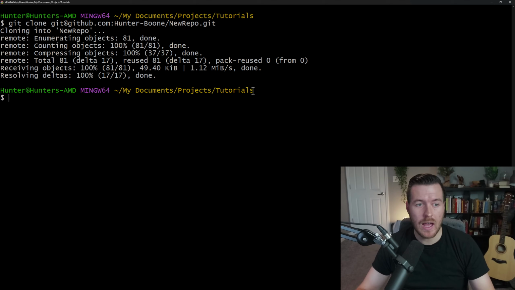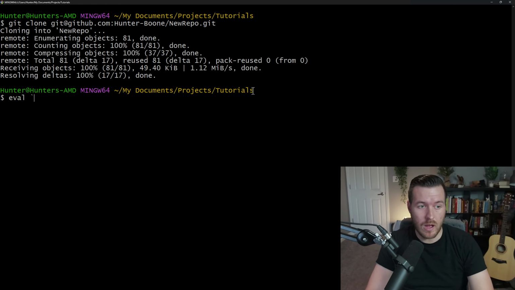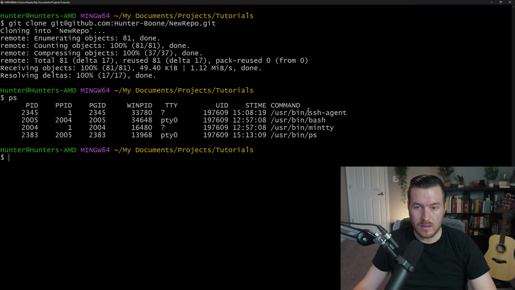So basically, if you have multiple keys, say one key is on a different account and you want to create a new key for this account or something like that, you'll have to start the agent. To do that, you can do eval and then ssh-agent and then -s for silent. And it will evaluate the SSH agent and run it in its own process. Then it gives you a process ID that you don't have to actually use, but you just know that it's then running, because if I do ps to see what processes are running,